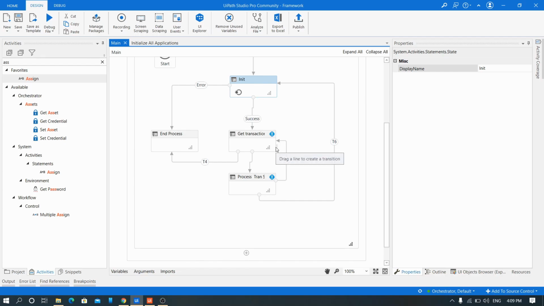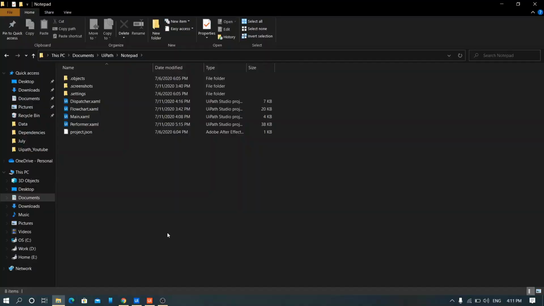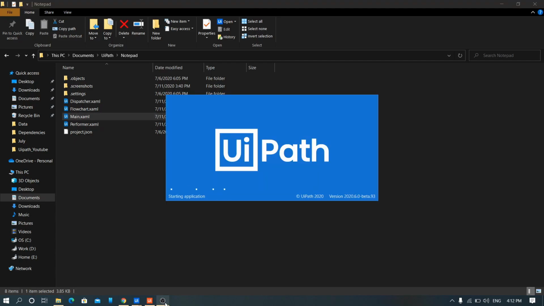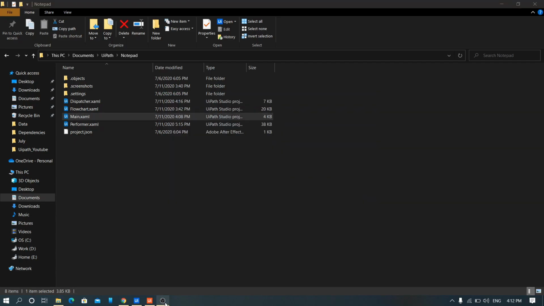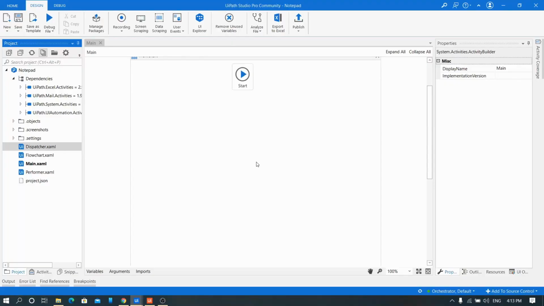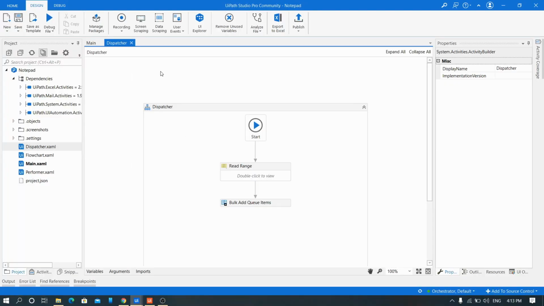Now let me get back to that workflow. This is my workflow wherein I have dispatcher part, I've got performer part. I'll show you what is inside in this. I'll open the main workflow here. We have got the dispatcher part here. I'll open it for you.